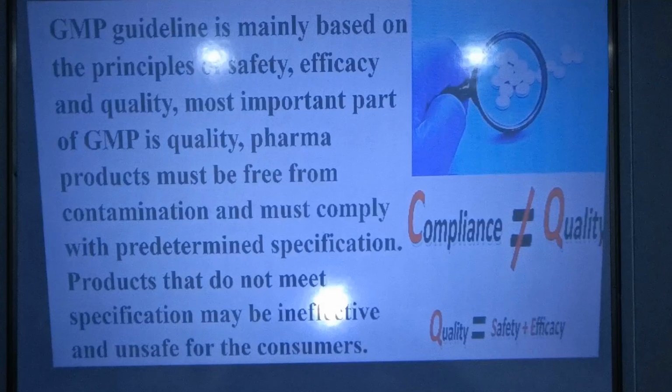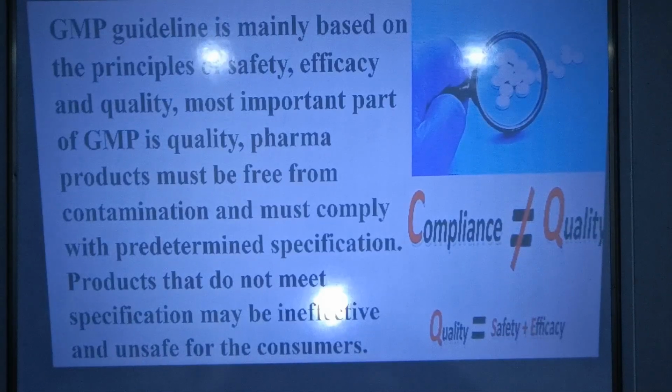GMP guideline is mainly based on the principles of safety, efficacy and quality. The most important part of GMP is quality because quality is equal to safety plus efficacy. Pharma products must be free from contamination and must comply with predetermined specification. Products that do not meet specification may be ineffective and unsafe for the consumers. There are many principles covered in GMP, but today we will decode the key principles properly so that we will